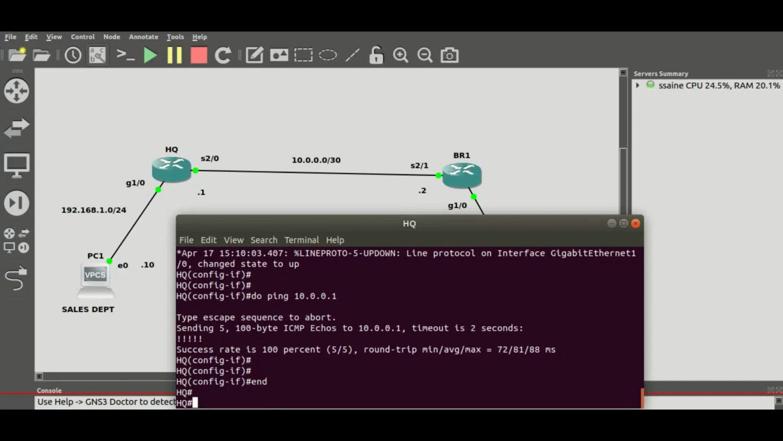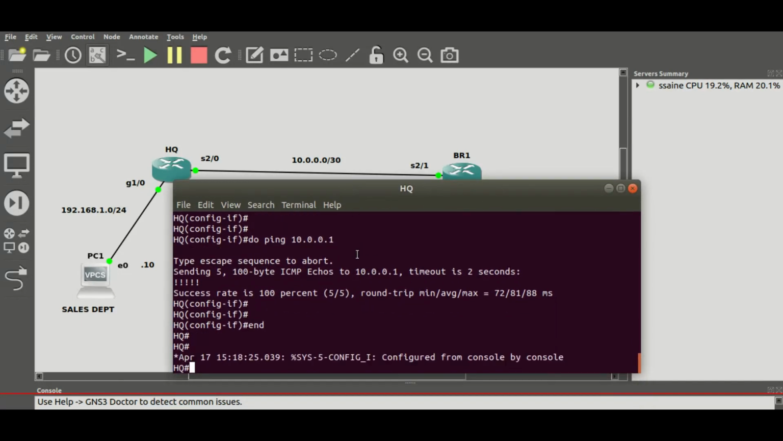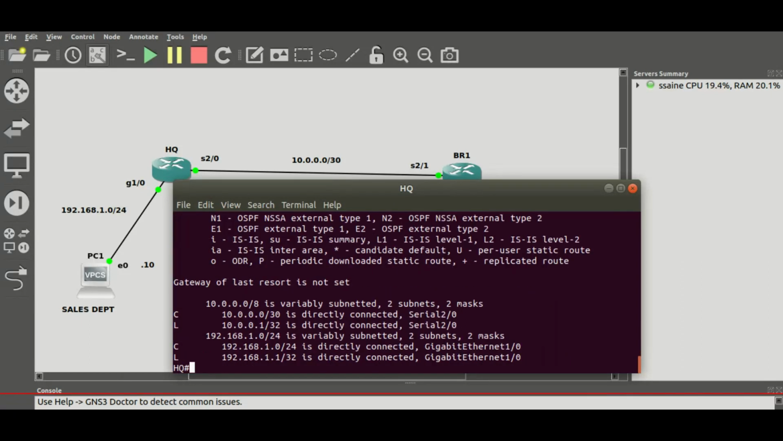In the HQ router, we can issue the command show ip route and see that the HQ router knows only about 10.0.0.0/30, and that is the link going to BR1. It also has an interface IP configured. That's why you can see here L means local to it, directly connected to serial 2/0. That's its IP address from that subnet. The same router also knows about 192.168.1.0. That's the LAN network connected to the sales department, and also an IP address is configured on the 1/0 of